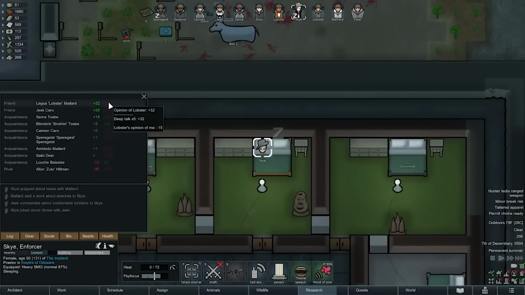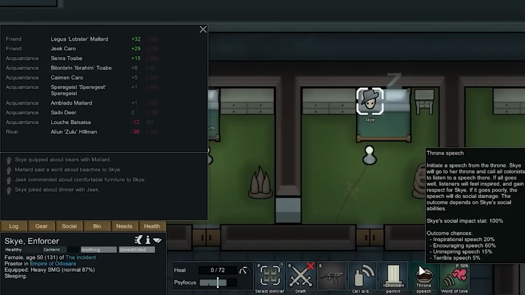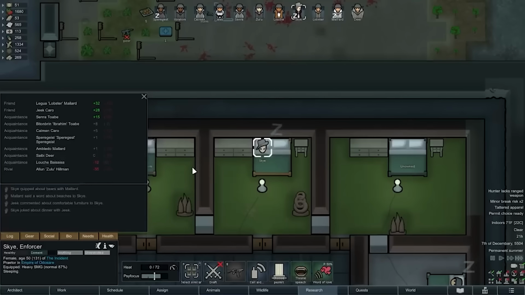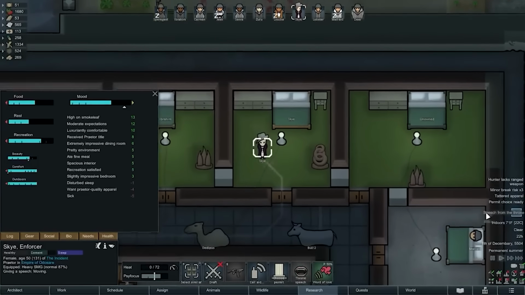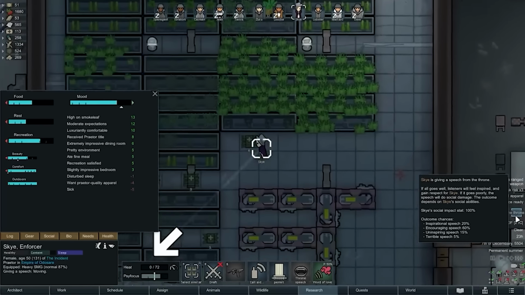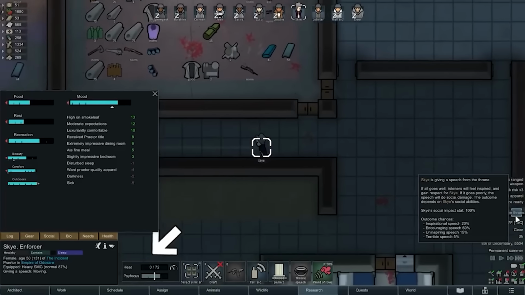Now the problem in this colony is that everyone hates Sky. So we're going to see if she can make a speech to fix that, because no one likes her. And that would be great, because it's just not a good life, right? Get up from your bed, try making a speech. I'm sure everyone will like it. She's walking really slowly over there. She's been drinking beer and smoking smoke leaf all day and sleeping in